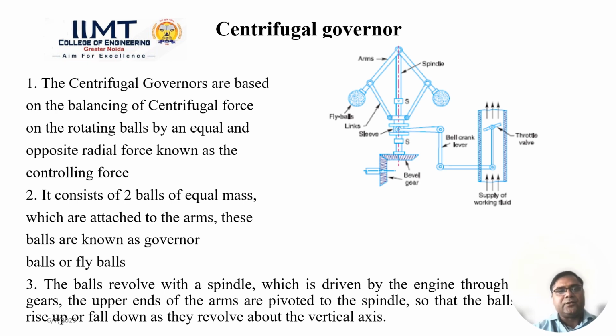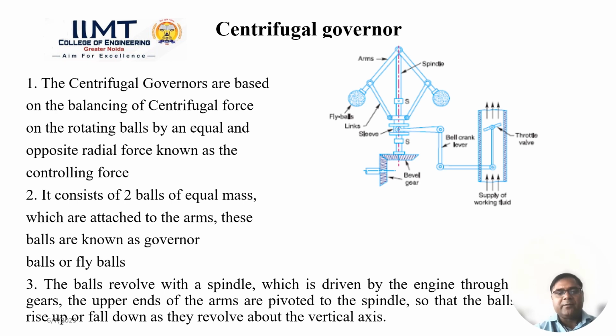So next is, what is the principle of the centrifugal governor? Basically, as the name suggests, the centrifugal governor works on the principle of centrifugal force. If you talk about the different terminology of the governor, basically it has four arms, and these four arms are basically running with the spindle. So this is the spindle, and this is the upper arm which is connected to the upper pivot on the spindle,